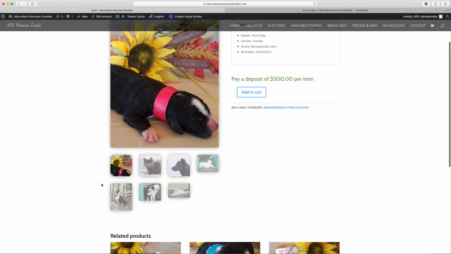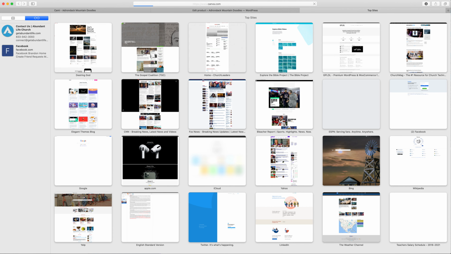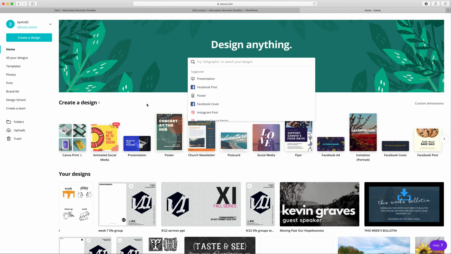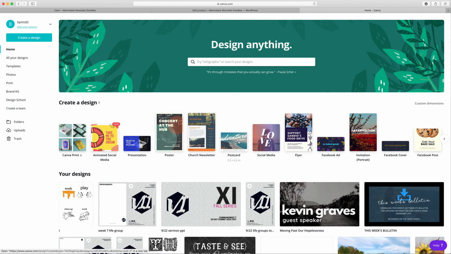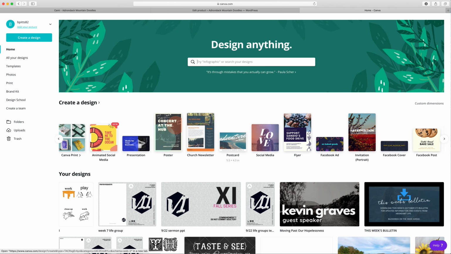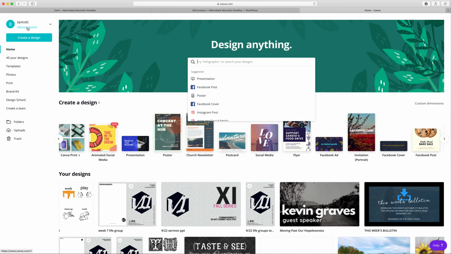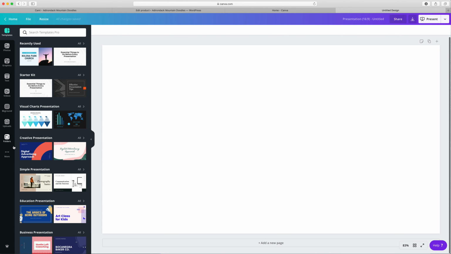Now I would recommend using a service like, and I'll just give you a free service here that you can just connect with Facebook. It's called Canva. And what Canva allows you to do is to just make sure you have an image that you're editing the same size every single time. And that would make this look very uniform and not all these different sized pictures. So all you would need to do is come into Canva, and you can sign in with your Facebook, and it will be a totally free thing. I'd recommend presentation as the size you would use. And then